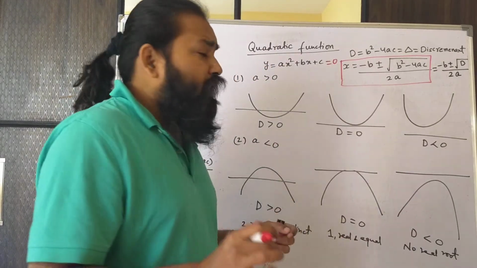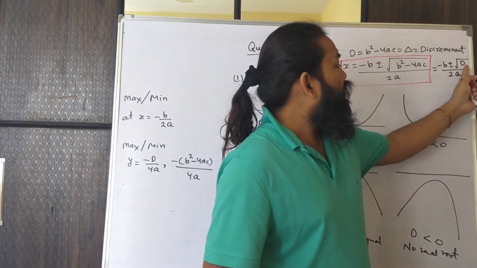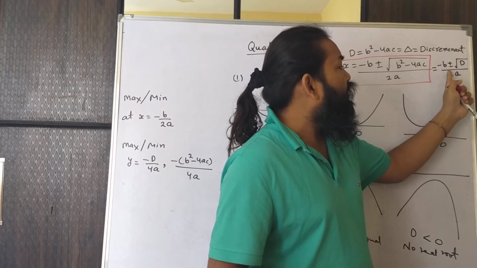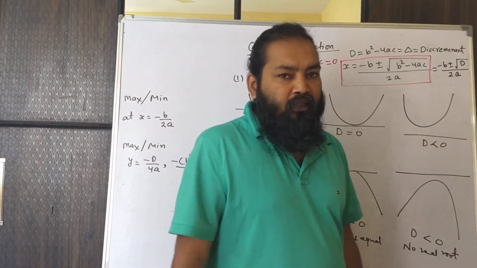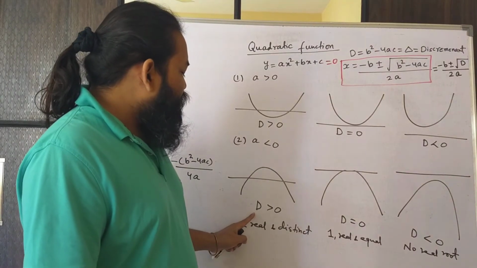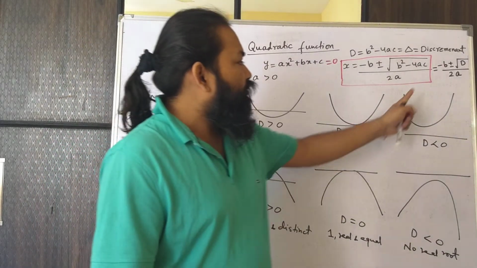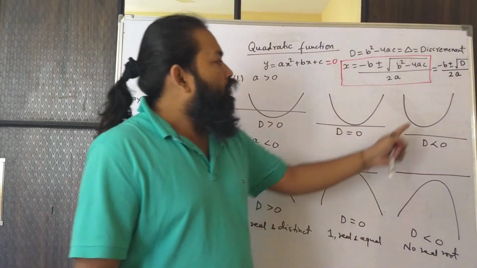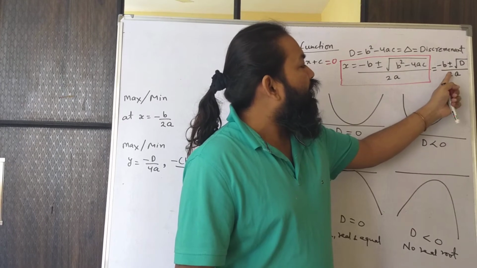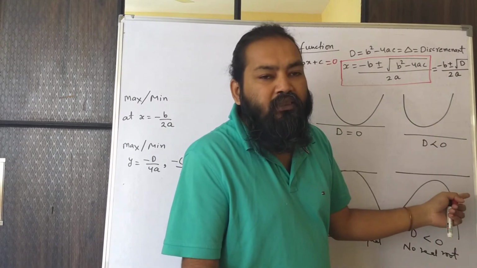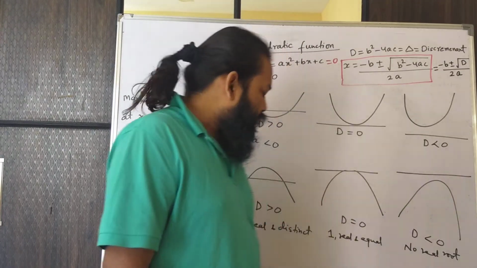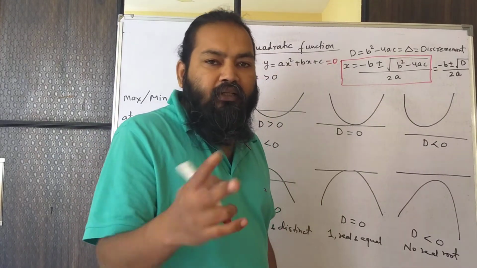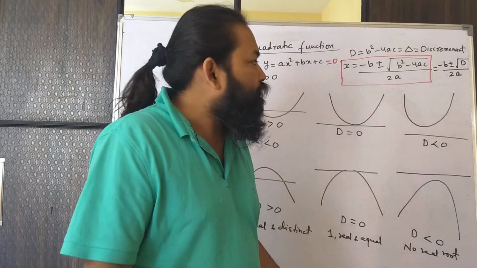See, if this number d is positive, then you will get minus b plus root d and minus b minus root d. You will get two values, right? So this is the first case. If d is positive, there are two real and distinct roots, which will be given by the formula. Suppose d is 0. Then this term will vanish, so you will get minus b plus minus 0 by 2a. Plus minus 0 doesn't make sense, so you will get only one root, which is real and equal. If you say two roots, they are real and equal. You can also say there is one root.